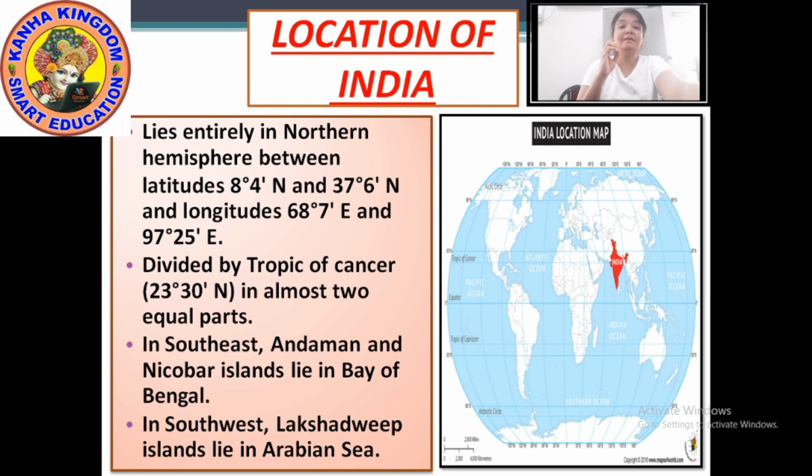Okay, now what are latitudes and longitudes? You must have learnt in class 5th and class 6th. Now what are these latitudes and longitudes? The latitudes and longitudes are imaginary lines on the map, or you can say on the globe. Okay, now they are imaginary. You cannot see them on the map, or you cannot see them on the earth properly.